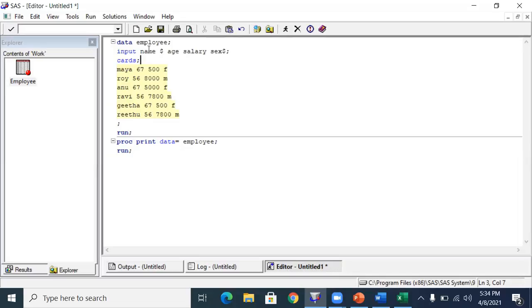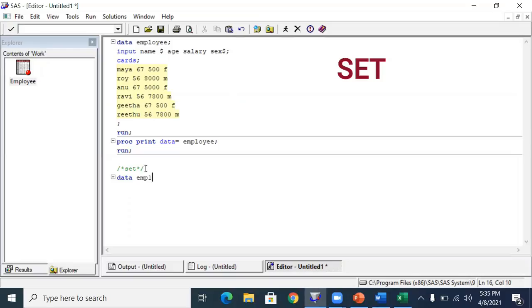For that, I'm going to copy the data into a new data set. Whatever information I need, I'm going to copy into a new data set. To copy the data from one data set to another, normally we use a statement called the set statement. Now we can say data EMP1. I'm going to generate a new data set, and I'm going to give it the name EMP1.